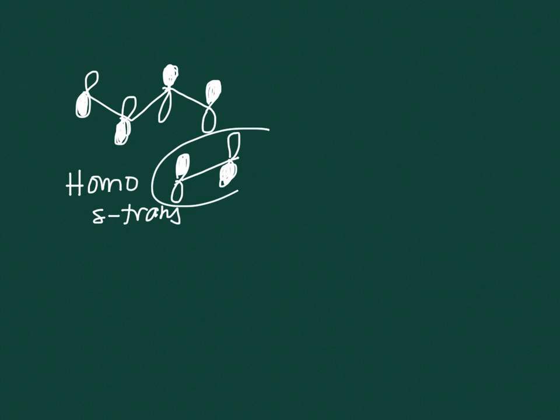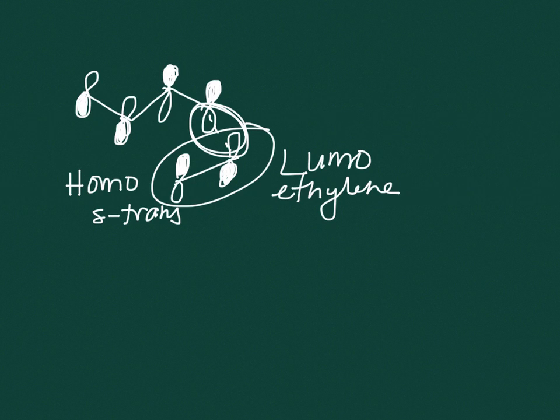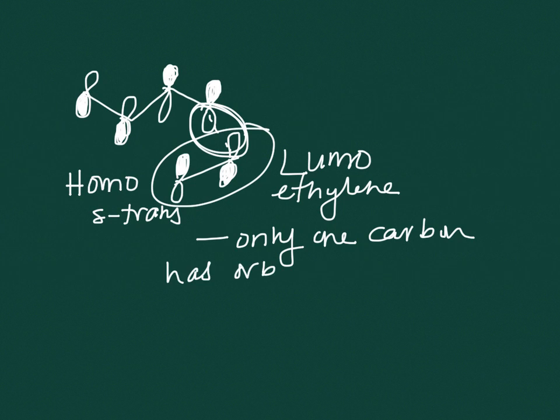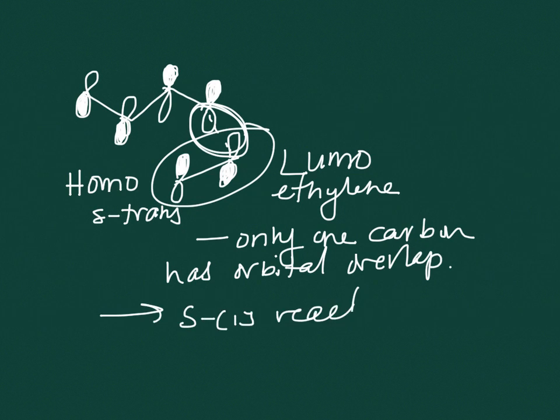Okay, and here is the LUMO, the lowest unoccupied of ethylene. You can see you only have orbital overlap for one carbon. That is why the S-cis will react